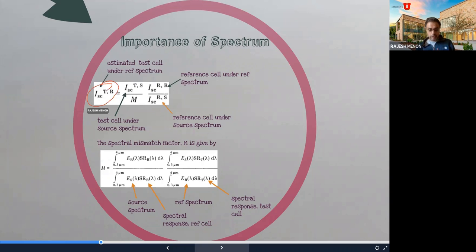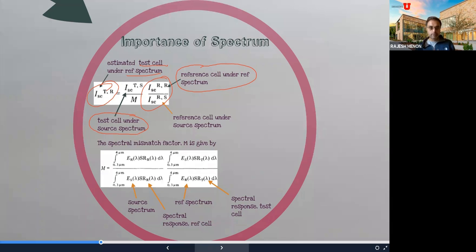You're trying to get the short circuit current of a test cell under a reference spectrum. But what you can actually measure is a test cell under a source spectrum, the source that you have handy. What you have to do is scale it by this factor here, where the numerator is the short circuit current of the reference cell under the reference spectrum,